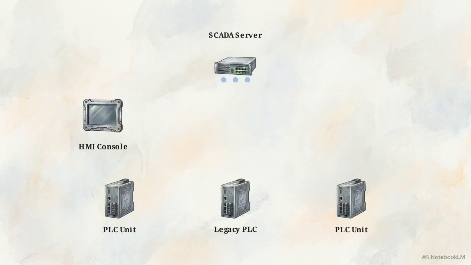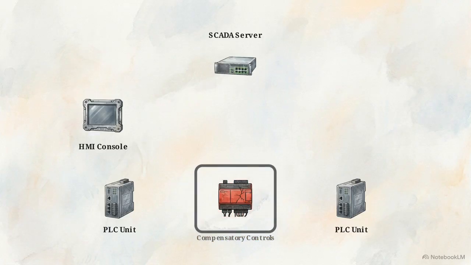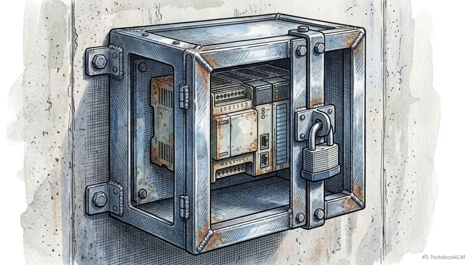As we lock down the environment, we invariably encounter the legacy problem. We've highlighted one older programmable logic controller in bright red. These legacy systems run outdated operating systems that reject modern firmware updates, incapable of receiving patches without hardware failure. The engineering solution is compensatory controls. We neutralize the risk by restricting all network access to the unpatchable asset, isolating it from the factory floor. In industrial environments, acknowledging a structural vulnerability and engineering an isolation box around it is often the only viable alternative